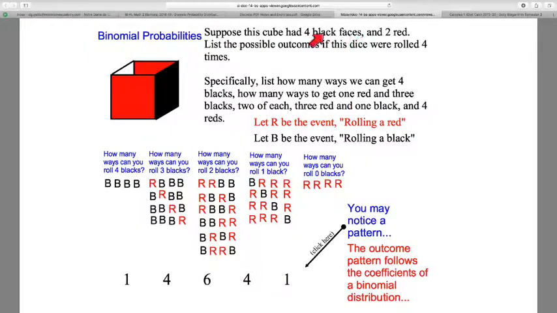However, 4 black faces and 2 red, and I want to figure out how many different ways there can be 4 blacks, how many different ways there can be 1 red and 3 blacks, or 2 of each, or 3 reds and 1 black, or 4 reds. So recall from earlier counting chapters on combinatorics, we can see that there's only one way to get 4 blacks. You roll a black the first time, second, third, and fourth. Now, to get 3 blacks, you can roll a red the first time, the second time, the third time, or the fourth time, and then all the rest would be black, which means there's 4 different ways that could